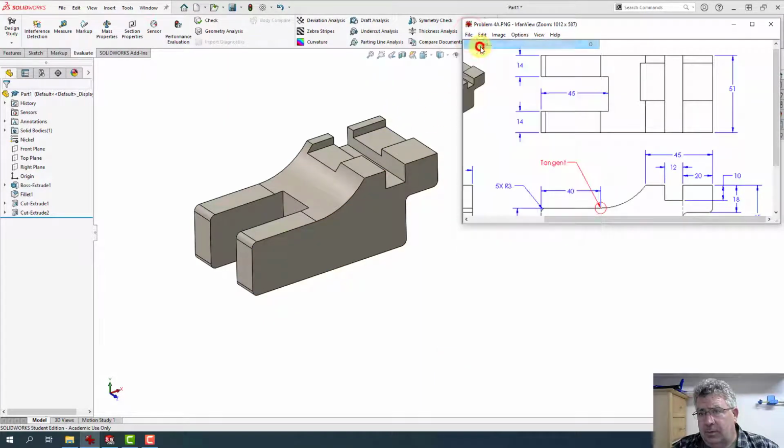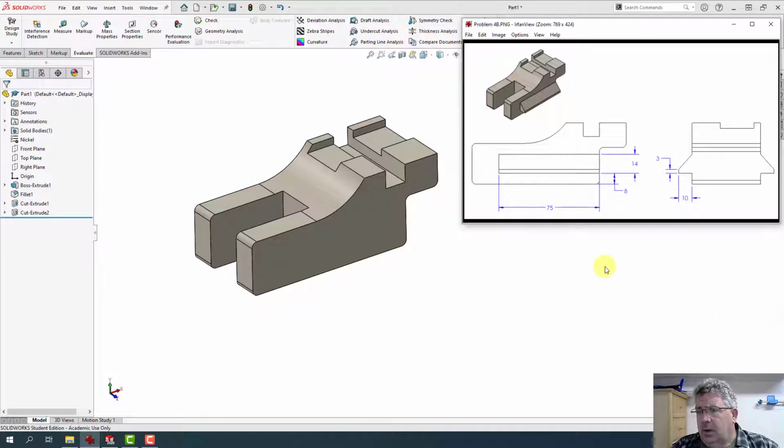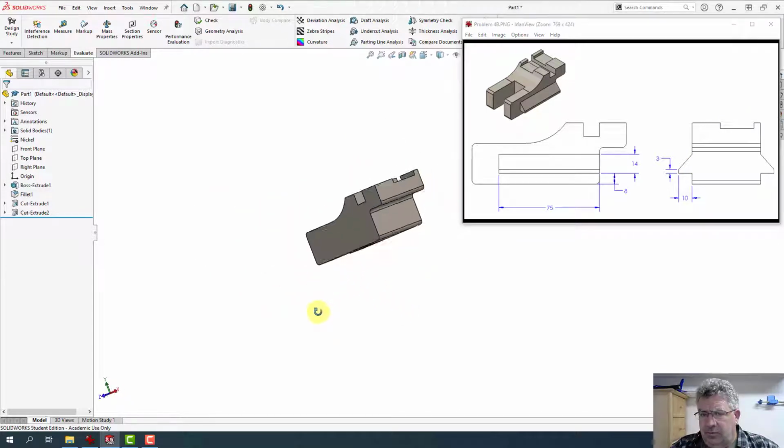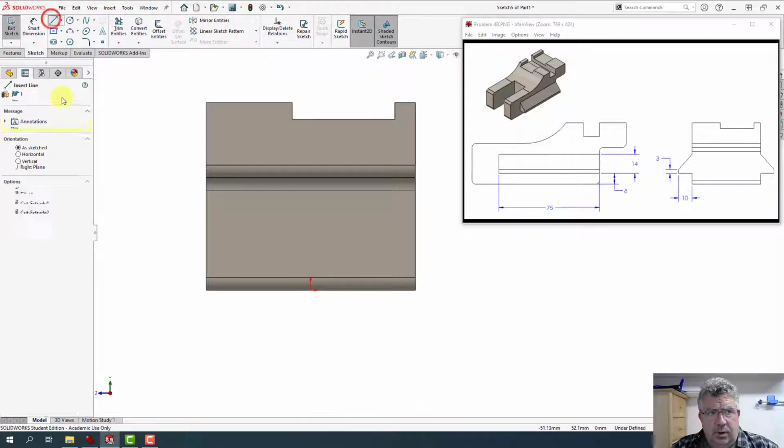So now we'll go to the last problem of the midterm. So let's just open up that final image. So what it just required us to do was put essentially 2 wings onto this part. So relatively straightforward. We'll just go here, create a sketch on this plane. I'll just utilize the line tool, sketch in the shape,